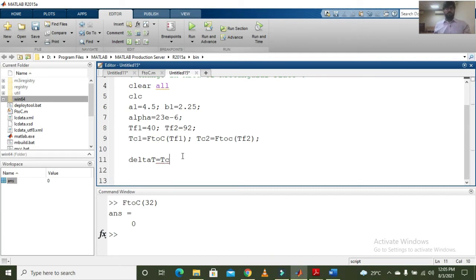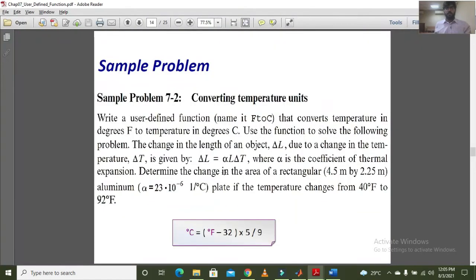So that will be TC2 minus TC1, and then we will be calculating the new lengths of A and B. For that purpose we are going to use this relation.